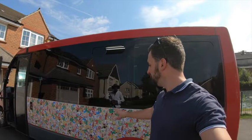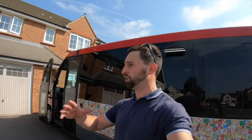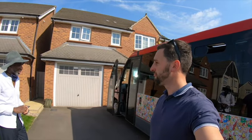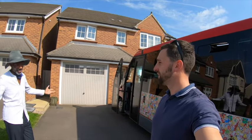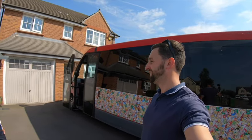Yeah. Quite a unique custom wrap here. Is there any particular reason behind that? Was it just to put your own personal touch on it? Yeah, we wanted to put our own personal touch on it, and we also wanted something that was a bit fun, you know. And so we thought, well, maybe we'll get some vinyl wrap, and looked online, as we did